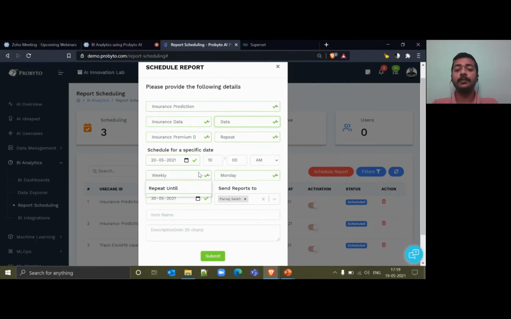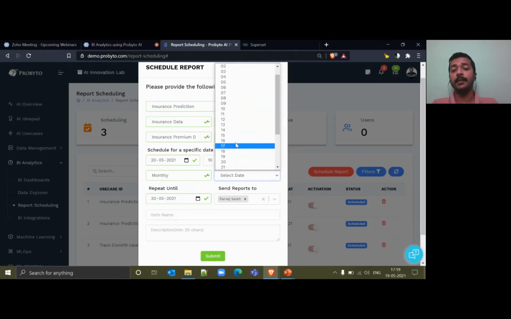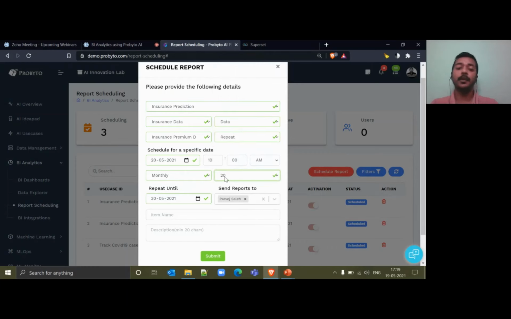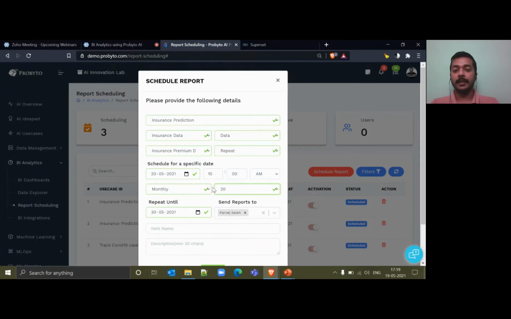So that's how you can also make the schedule reporting in a monthly way, like on the 20th of every month, you can schedule a report to your team members accordingly, and you will take control of until which day you want to make it available to the users. So report scheduling provides you both ways, where you can schedule the dashboards as well as the data extracts in the form of PDF and CSV from the platform.